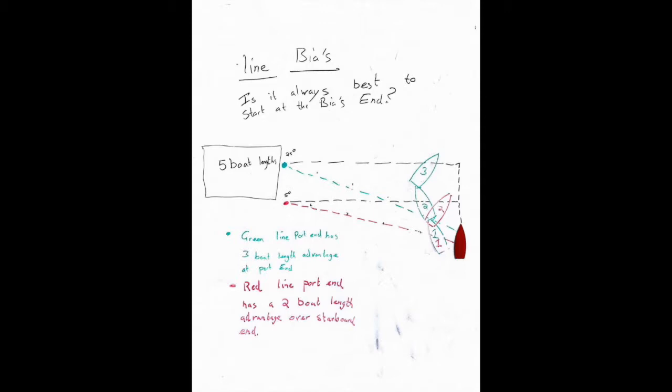Now, what does that mean to us in boat lengths? How many boat lengths will I gain by starting on the port end, and how many will I lose by starting at the starboard end? Well, the answer in the red start is, if you start at the port end, you will be 2 boat lengths in sailing terms ahead of a boat that starts at the starboard end. Now that's not a lot. We're still looking at a port bias line. But actually, with 2 boat lengths, you get a good tack in some clean air,